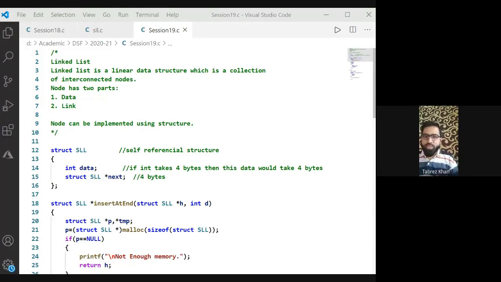Okay, so in the last session, we had a discussion on how to insert a node at the end of a given linked list. We have seen a function for it, and then we have also seen the presentation on it, that how the new node gets added at the end of a given list. So we are done with that, and this is the code